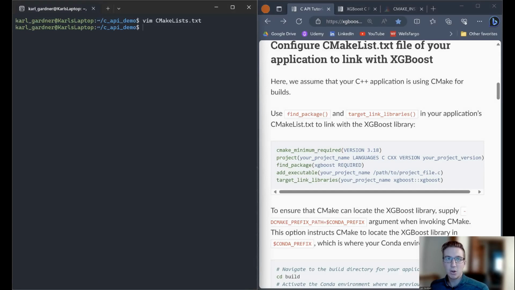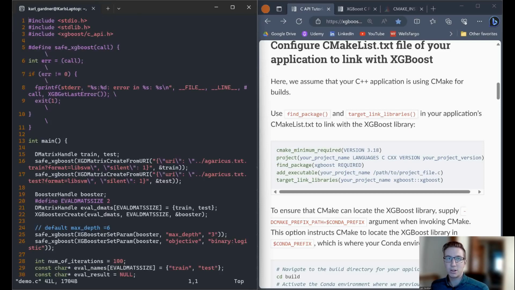I recommend that you go over the tutorial because it briefly explains how to use the functions and data structures in the API. However, I will go over this demo.c file that I made to be able to train a simple model for classification. The source file that I made, located in the C API demo directory, starts off by including all the necessary C header files. We include the standard library and the C API header with XGBoost